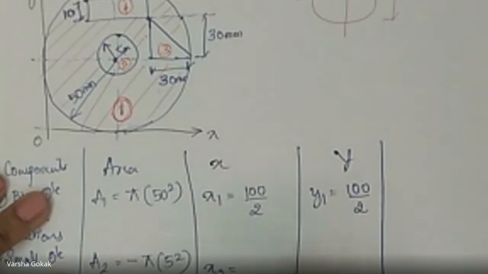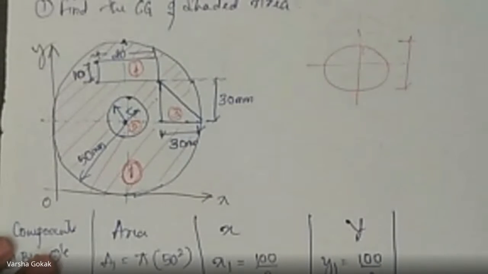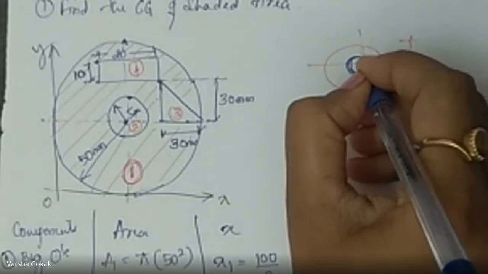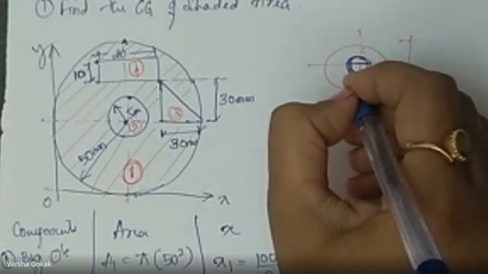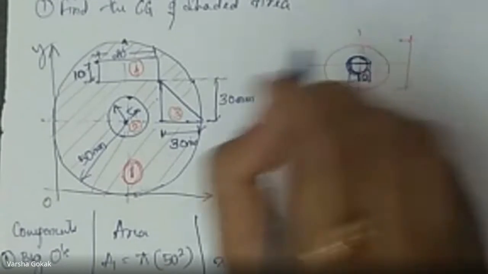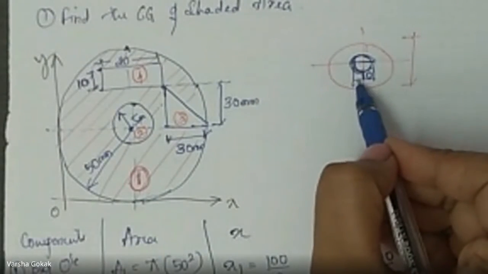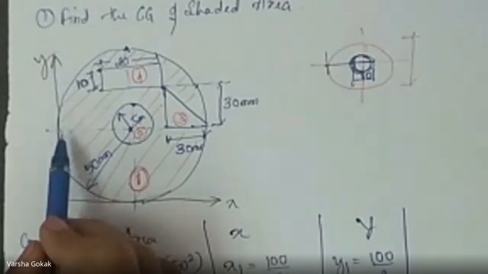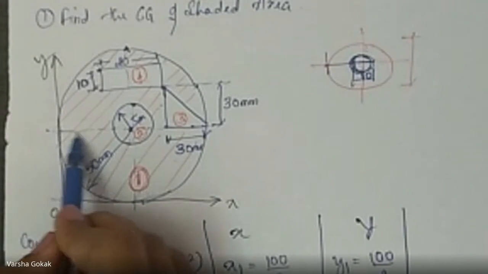What about x2 for the small circle? Such a small circle. Its diameter is going to be 10 because radius is 5, meaning diameter is 10. So individually how much it is going to be? 10 by 2. But then I have to add this extra distance, no? How do I calculate this distance?